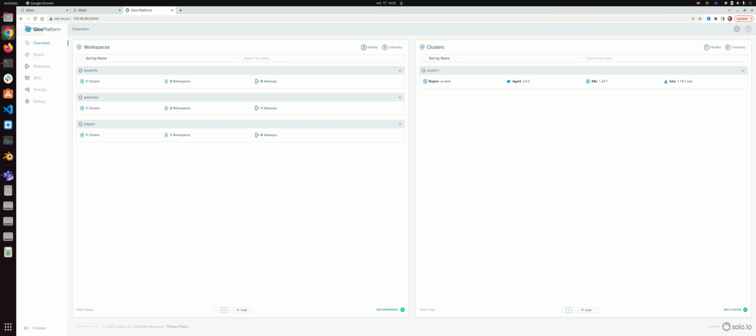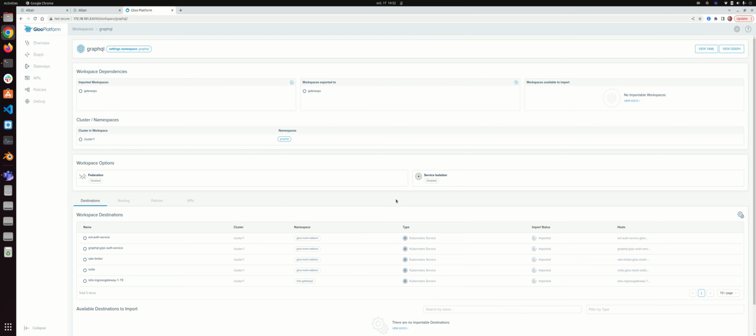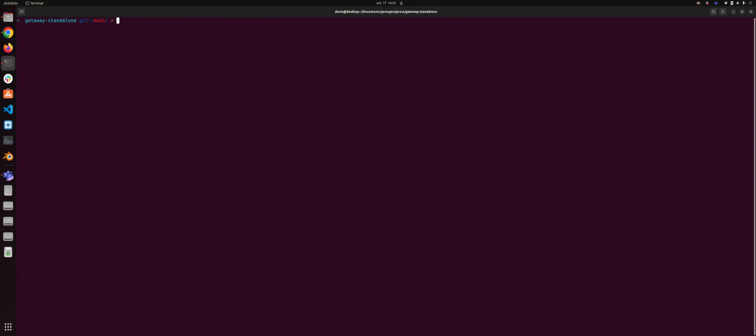and if I go back here, I will see directly in the UI that this new workspace is going to be discovered, and I can see that here I have no service that is available locally, but I can access some services that are in the gateway workspace just based on the rules I have defined. So the next step is to use